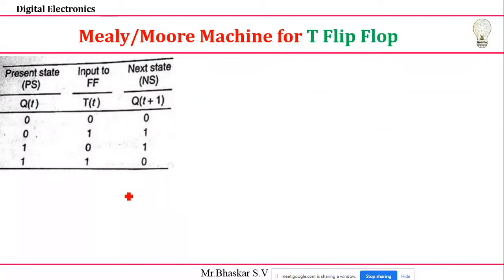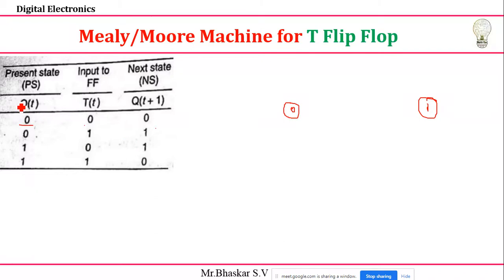Okay, you try for the T flip flop. How to write? Same states only, 0 and 1. You take 0. Okay, this is a 0 state. And next you take one more circle. This is a 1 state. See, first you understand this. T flip flop, what will you get? 0 means no change. 1 means it will get the toggling condition.